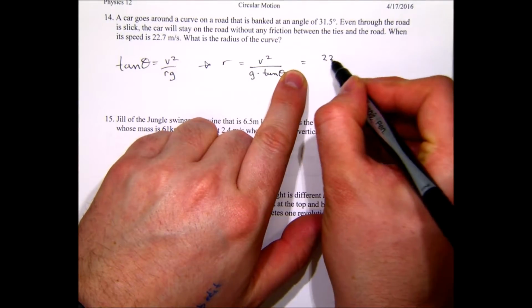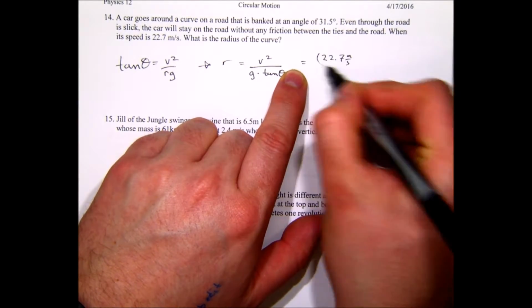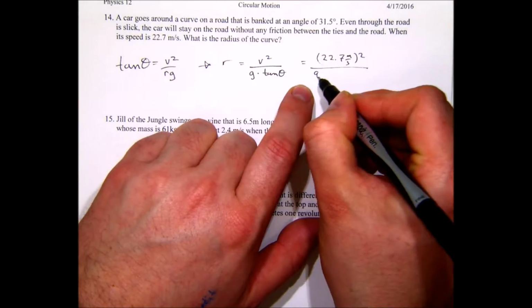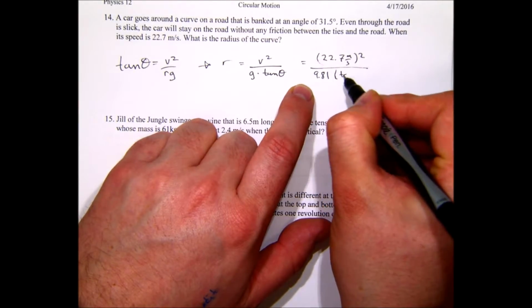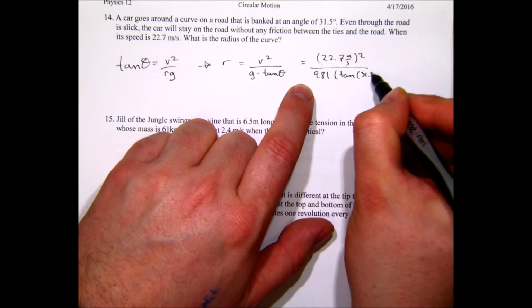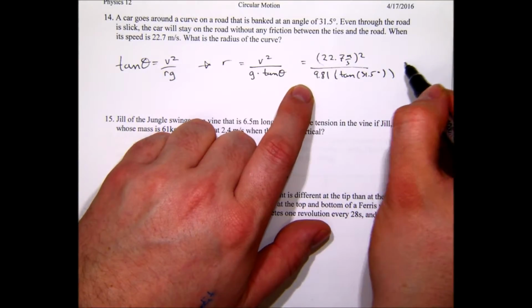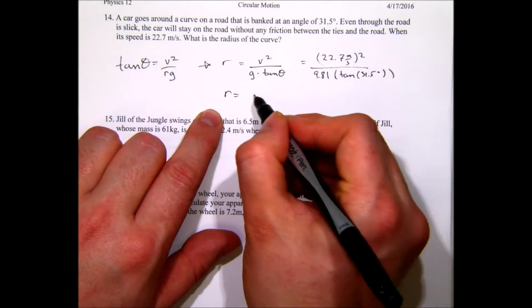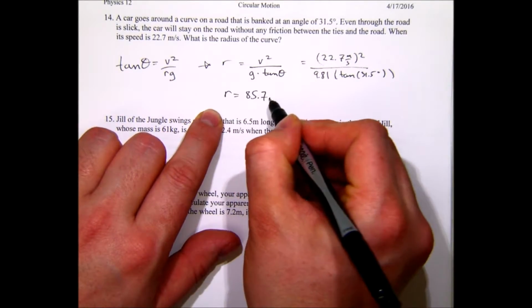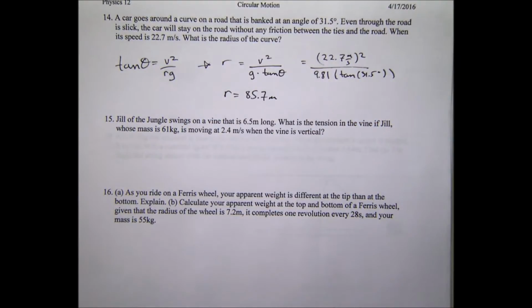That's equal to 22.7 meters per second squared over 9.81 times the tangent of 31.5 degrees, 85.7 meters. Jill the Jungle swings on a vine that is 6.5 meters long. What is the tension of the vine if Jill, whose mass is 61 kilograms, is moving at 2.4 meters per